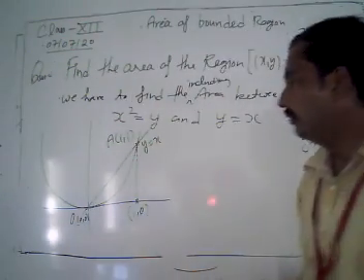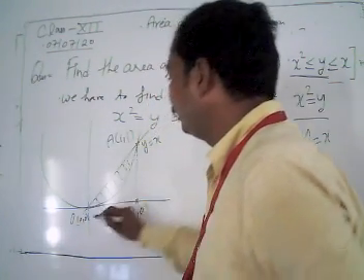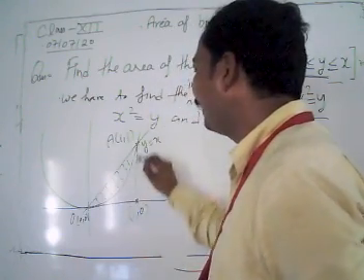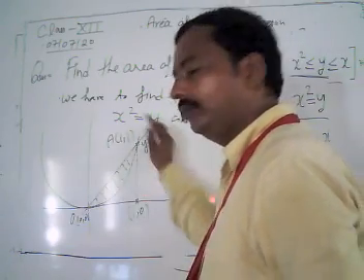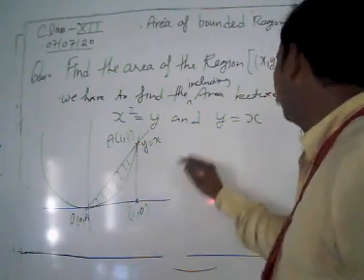Now look, we get the limit, then we have to find this shaded region area. How can we calculate the area between two curves? The area made by the line y equals x minus the area made by the curve y equals x square, then we get our required result. Then our area is given by,